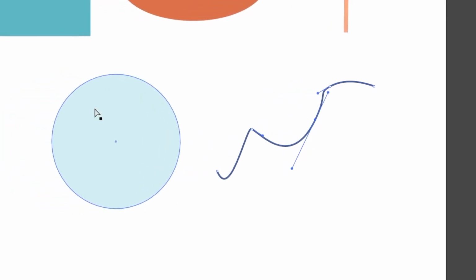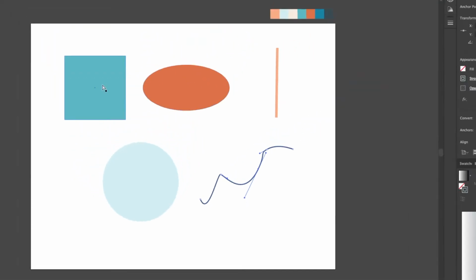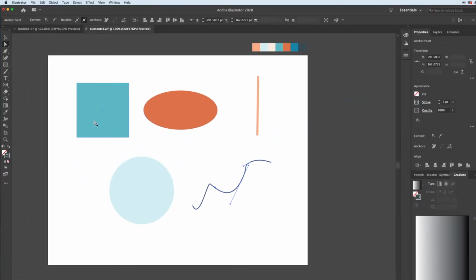There are open and closed paths. This is an open path because it has two ends, it does not come around, and shapes are closed paths. You can also draw a closed path, which we will go over when we get to those drawing tools. It's really important to understand paths and points when creating illustrations or logos in Illustrator and how you can impact